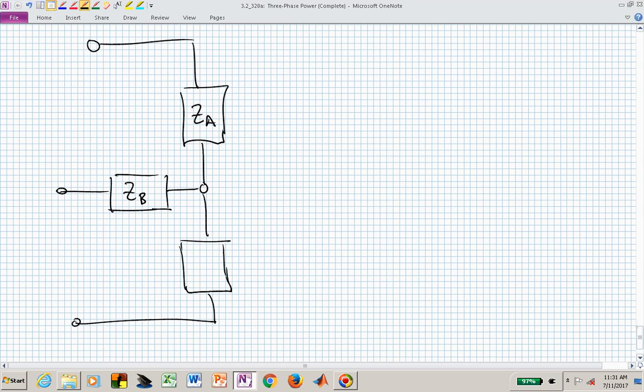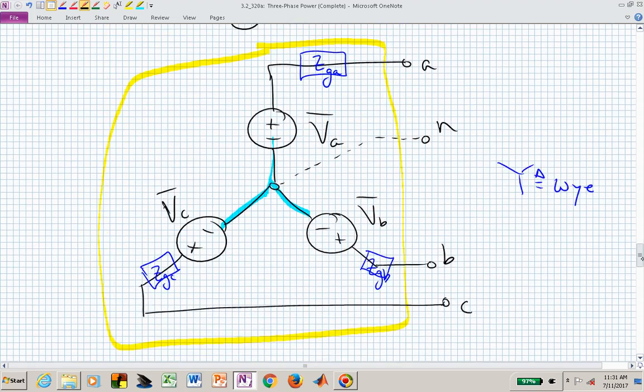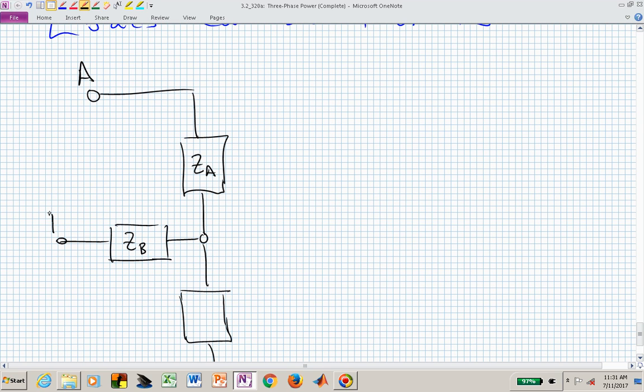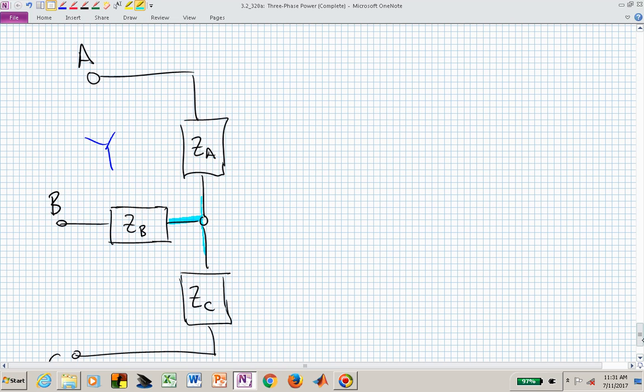And notice, I hope, in the source I had lowercase letters corresponding to the phases. Now I'm switching in the load side to have capital subscripts labeling the different impedances and terminals. And the C might be a little bit difficult, but hopefully by context you'll know whether that's lowercase or uppercase as far as a letter. And this is now the Y connection structure of a load. Hopefully you can see the Y part of that. The delta configured load